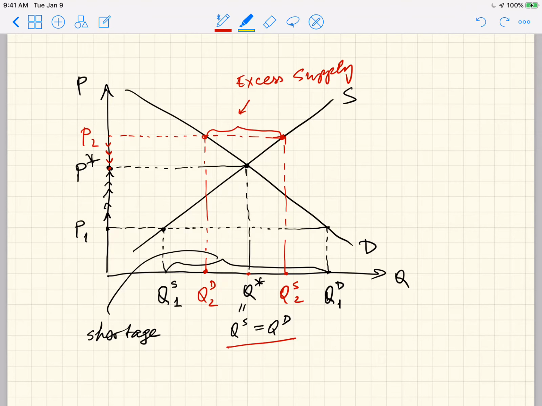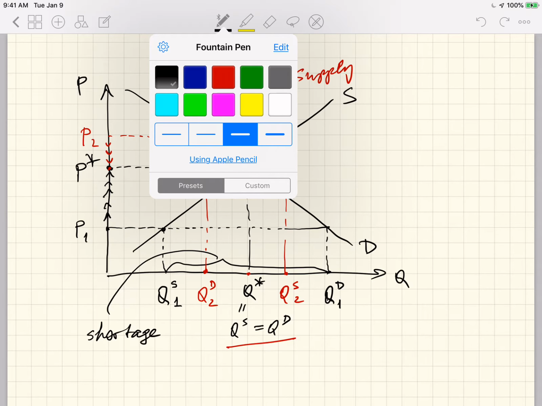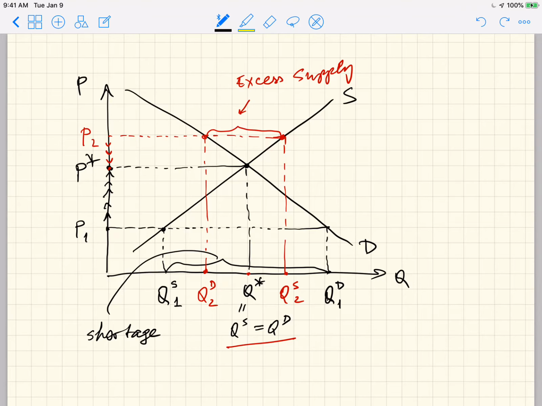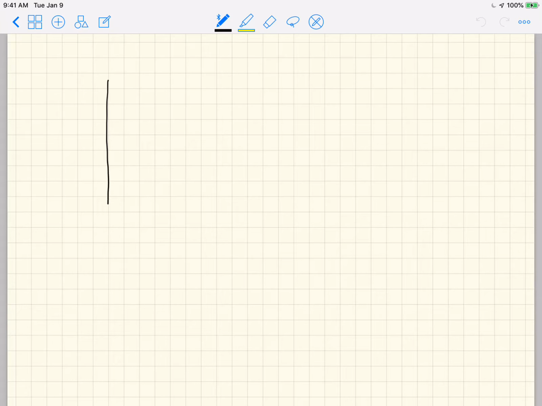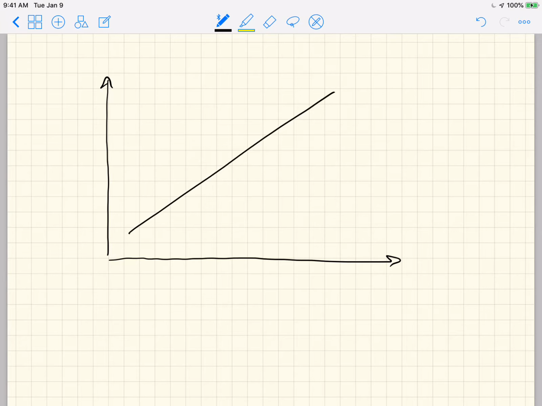Okay, so next thing is to talk about how this equilibrium could actually change. Because for any given supply and demand curves, we have a unique equilibrium price. But supply and demand curves could shift, as we saw earlier when we talked about the shift factors. So let's see how things will work out if one of those curves moves. And again, we're starting with supply, demand, and let's actually mark them right away, S1, D1. Quantity, price. So given these two supply and demand curves,